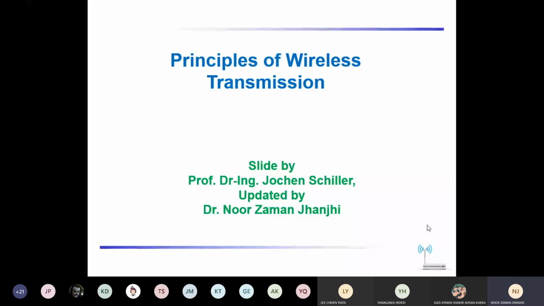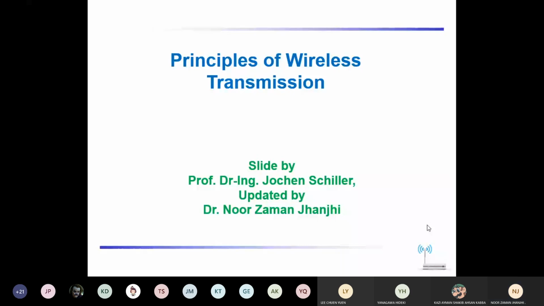These will be the common issues, benefits, challenges or opportunities for all wireless devices, whatever device we are using, whatever frequencies we are using, wherever we are using. These principles will be the same in all aspects, whether they are challenges, issues, opportunities or benefits. That's why we call this the principles of wireless transmission.